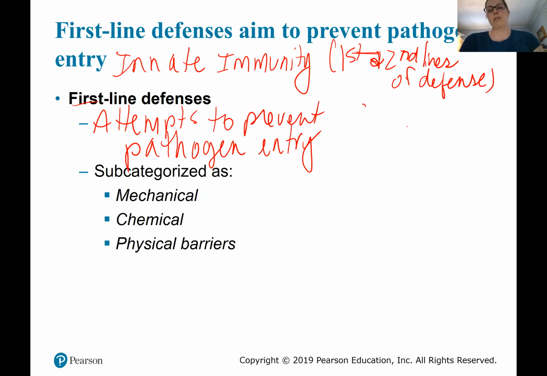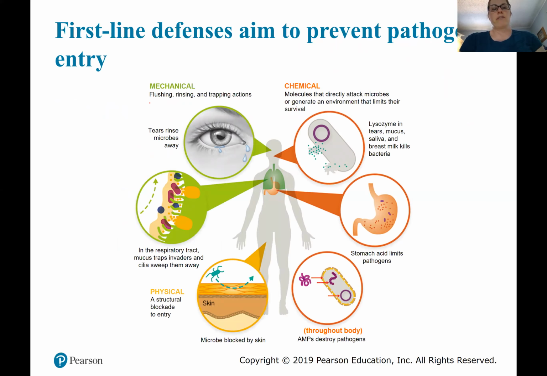Okay, these are barriers, like the fence with the razor wire, trying to keep things out, preventing pathogens from coming in. And there's three types that we're going to see in the next couple of slides. The first one are mechanical barriers. Mechanical barriers involve flushing, rinsing, and trapping of foreign